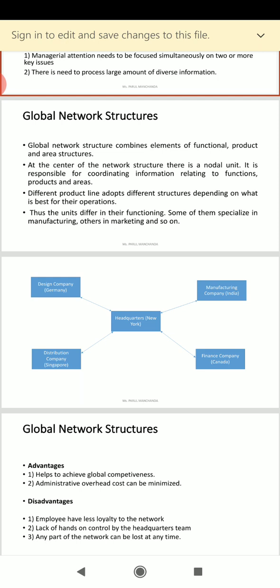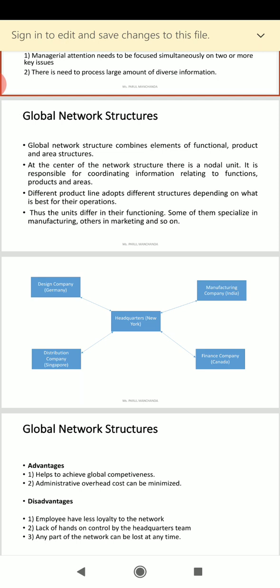A network structure is a form of an organization in which many functions of an MNC are contracted out to other independent firms and coordinated through the use of information technology networks to operate as if they were a single corporation, right? This type of structure is often called a virtual corporation also, because now see,